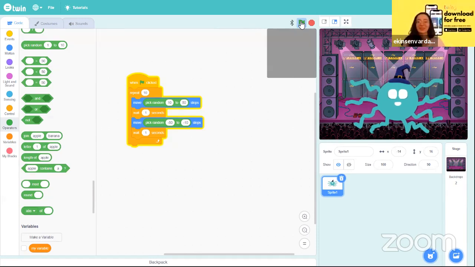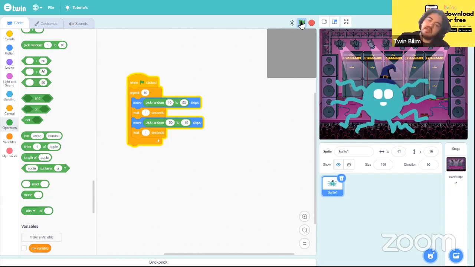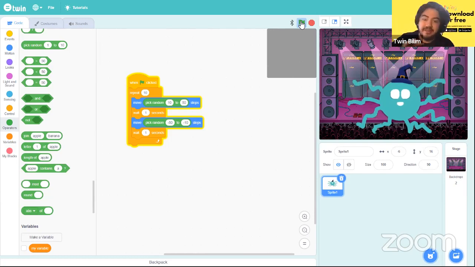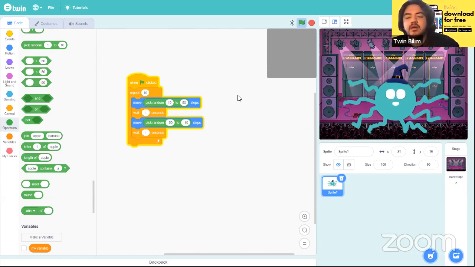So he's currently moving back and forward in a really random way, right? Yeah. Sometimes he moves a lot, sometimes he moves a little. So there's really nice randomness to it that makes it really dynamic. But how we can also choose,